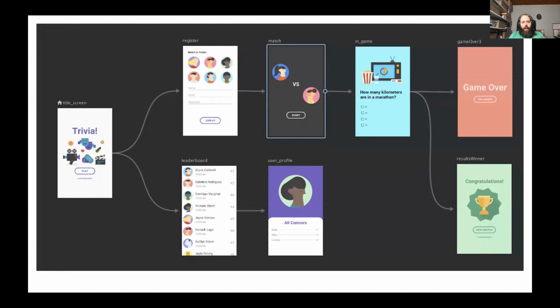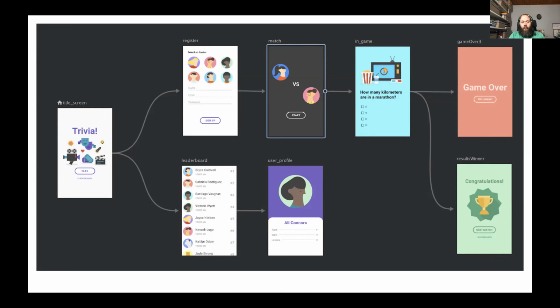So this is a classic navigation graph. You can see we have all the possible destinations. Each destination is connected with an action. In the action, we can also specify how much we have to pop, because, for example, if we want to go back from the end of the game to the first screen, we can just specify in the two actions that go from the in-game to the game win and game loss screen, we can just refer the title screen to go back when we pop.